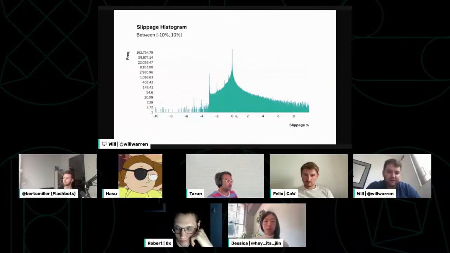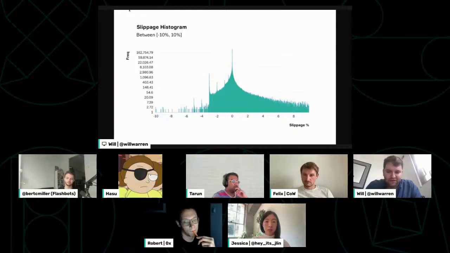What we can see is that there's a big spike around zero slippage, because in most cases, users are going to end up getting approximately what was shown in the user interface. But there are also many trades that end up resulting in a better price than was expected. But we also see, based on this distribution, that negative slippage occurs much, much more frequently than positive slippage. And so, yeah,